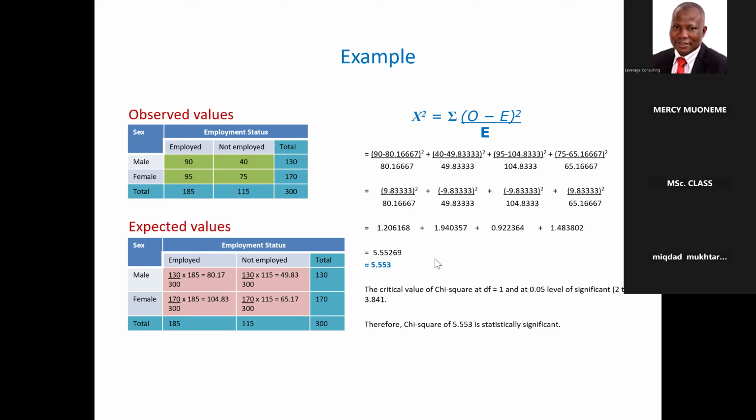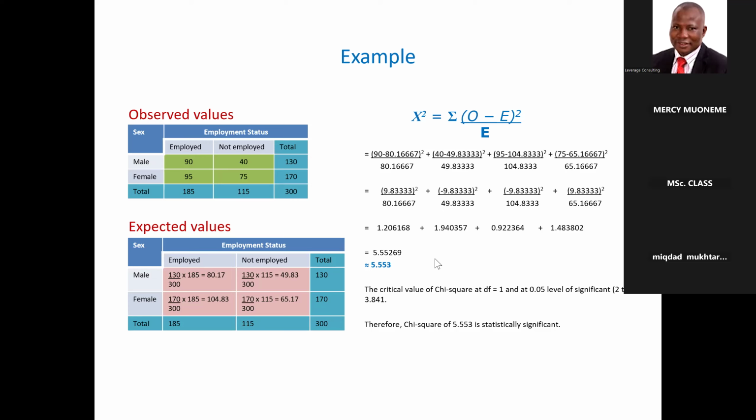The expected value for male should be 130 over 300, because male constitute 130 of the 300, times 185. So that is 130 over 300 of the 185. What does it give you? It will give you 80.17. This is the number of male that's supposed to be there if there's no difference in employment rate